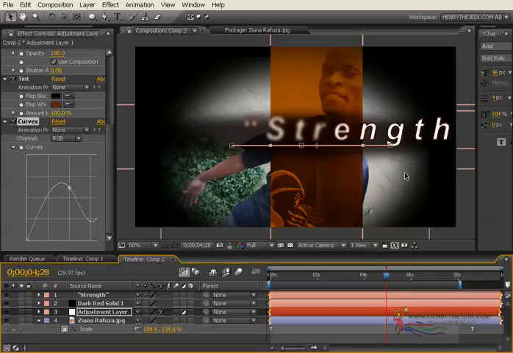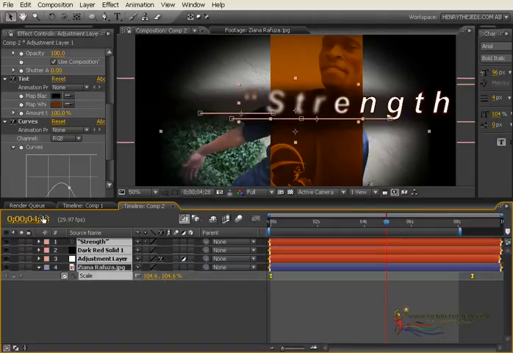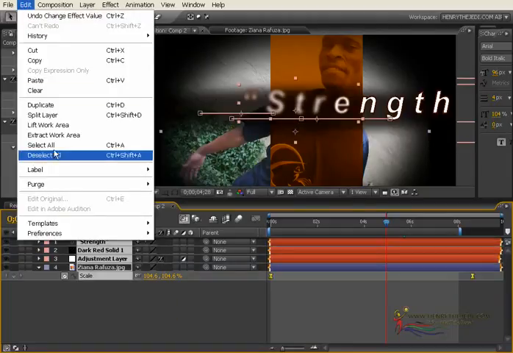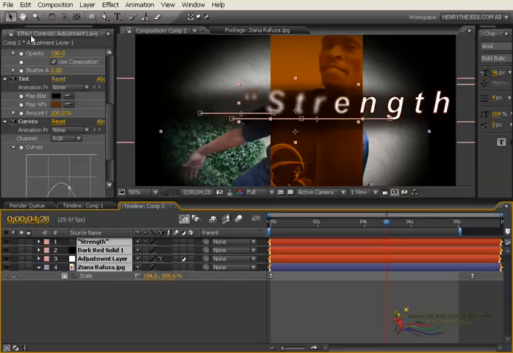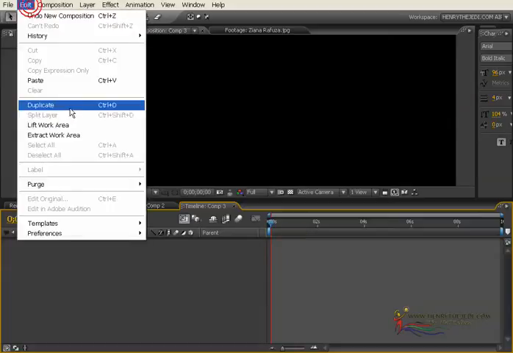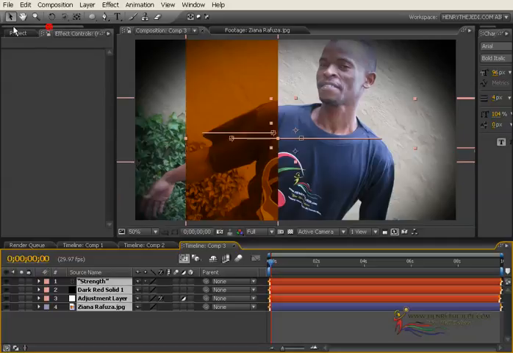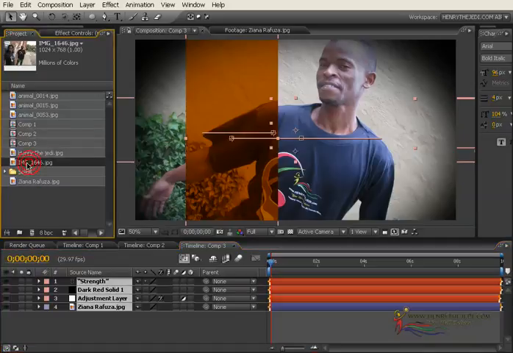And then of course next we are going to go through the same procedure again. We are going to select all the layers, or we go to edit, select all, and then we go to edit, copy, and then we go to composition, new composition. As you can see the settings there, it's still 9 seconds, and then click OK, and then we go to edit, paste, okay? And then now we are going to bring the girl's image.